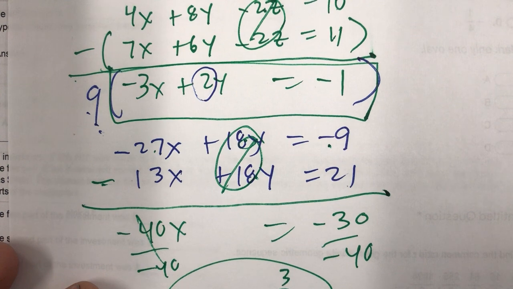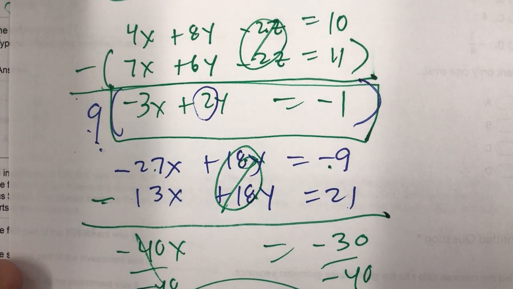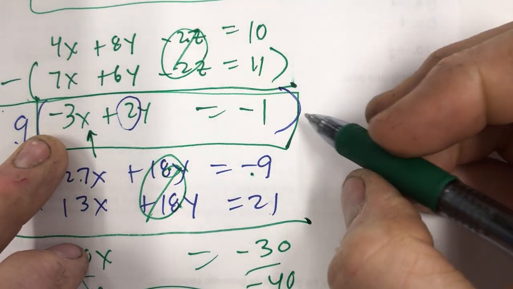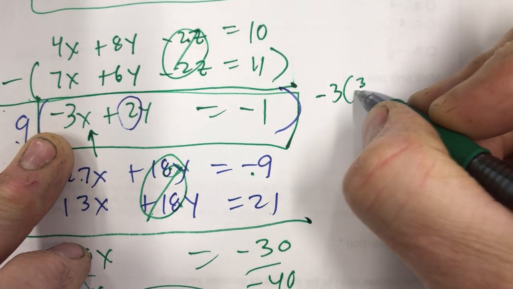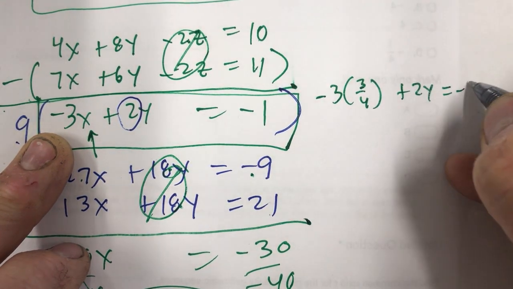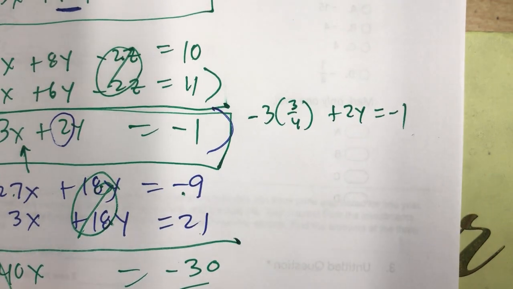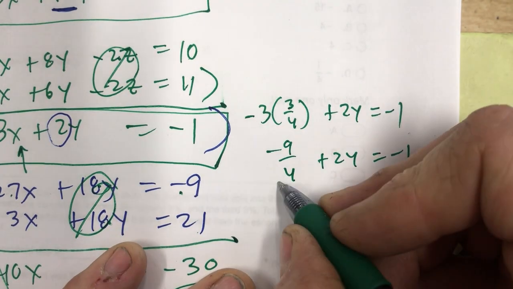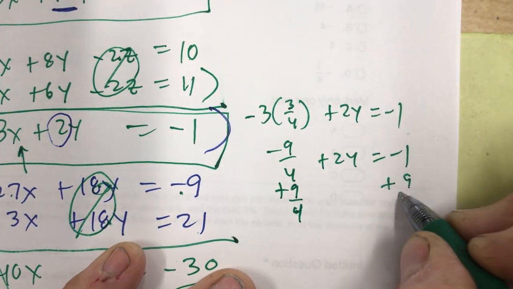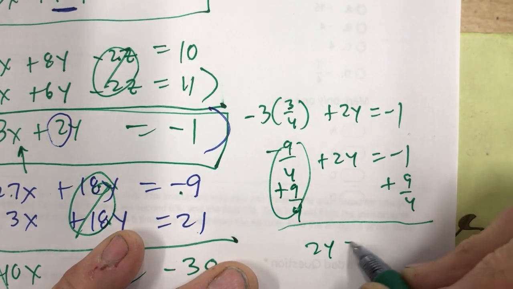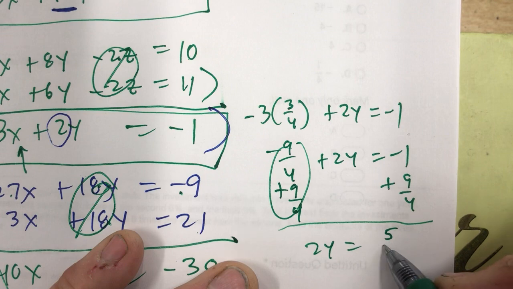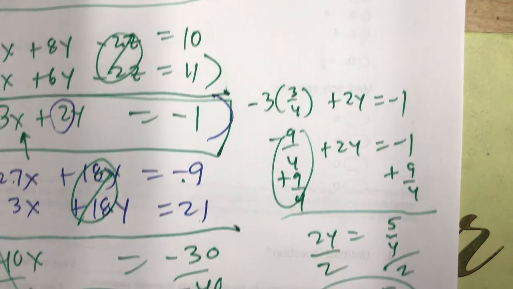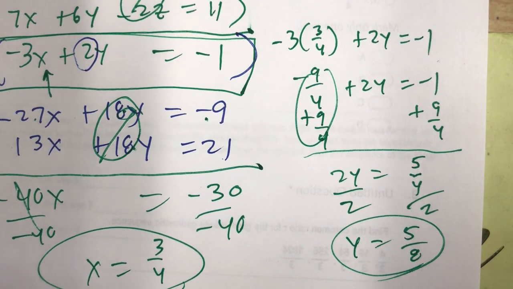All right, now I need to take that 3/4 and put it back in here for x right there to figure out what y would be. So I'm going to do that over here. -3 times 3/4 plus 2y equals -1. Okay, this is -9/4 plus 2y equals -1. So I'm going to add 9/4. And so 2y equals, this is -4/4, so it's going to be 5/4. And then we'll divide by 2, which means that's 5/8. Okay, you just use your calculator. I did it all without a calculator, but